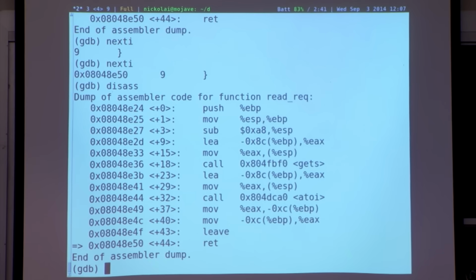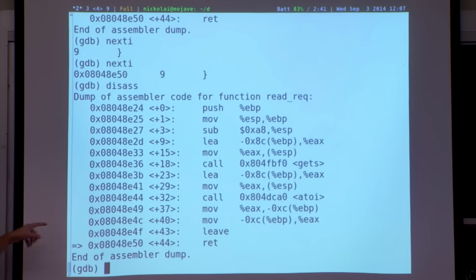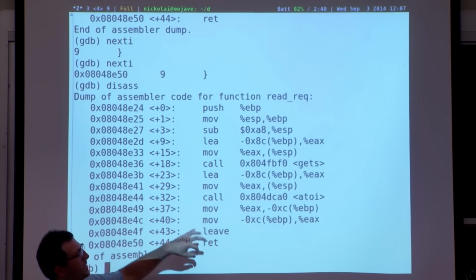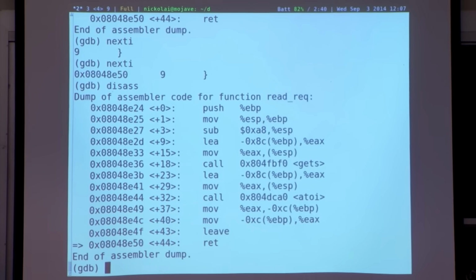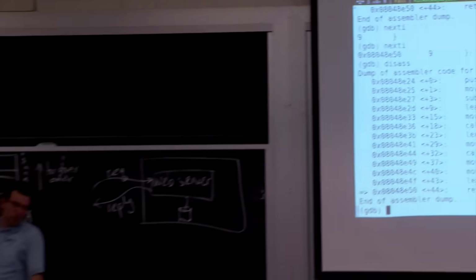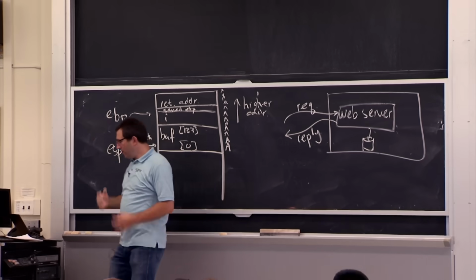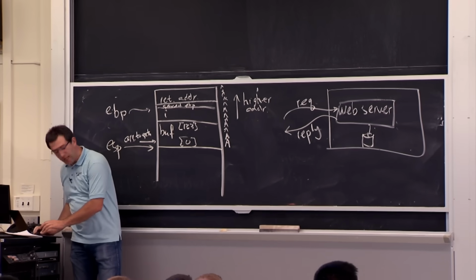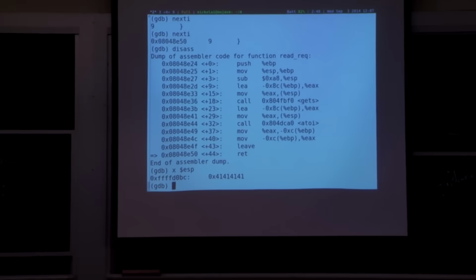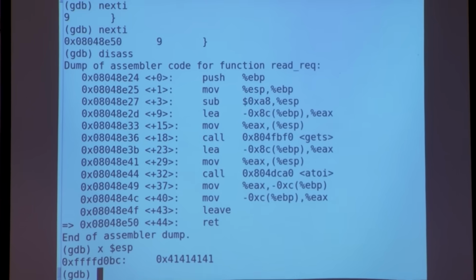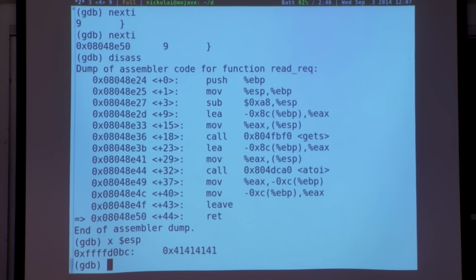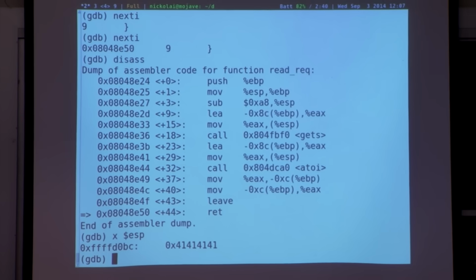As you can see, at the end of the function, it runs this leave x86 instruction, which basically restores the stack back to where it was. So it sort of pushes the stack pointer all the way back to the return address using the saved EBP. That's what it's basically for. And now the stack is pointing at the return address that we're going to use. And in fact, it's all A's. And if we run one more instruction, the CPU is going to jump to that exact memory address and start executing code there and crash because it's not a valid address that's in the page table.